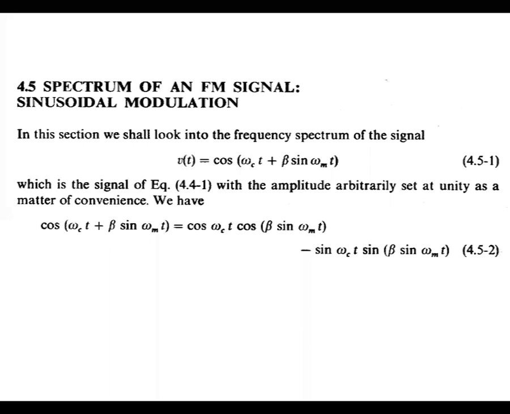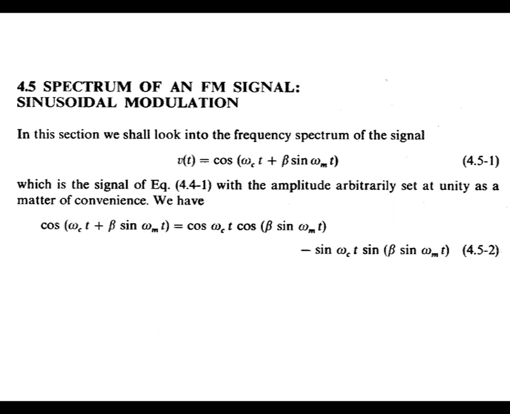Like this, in frequency modulation, what are the spectral components, or how many sidebands are there? Whereas in amplitude modulation, there are two sidebands. One is the upper sideband, present at FC plus FM, and the other is the lower sideband, present at FC minus FM. So with respect to FC, the sidebands are at FC plus FM and FC minus FM in amplitude modulation. Now the same concept is repeated for frequency modulation.